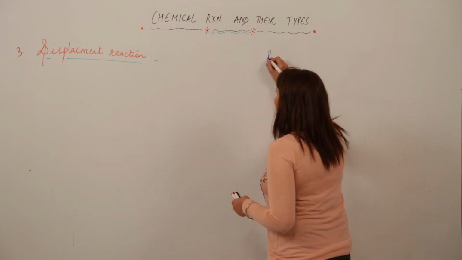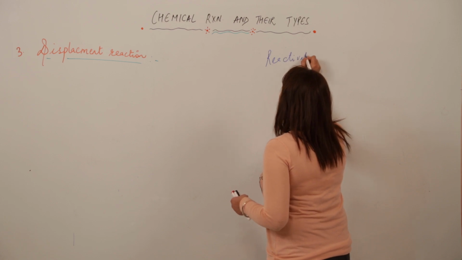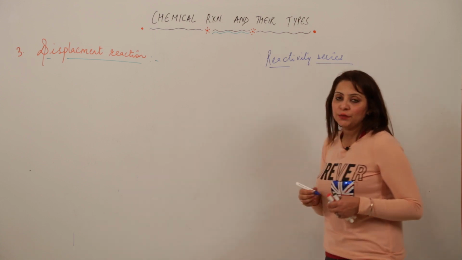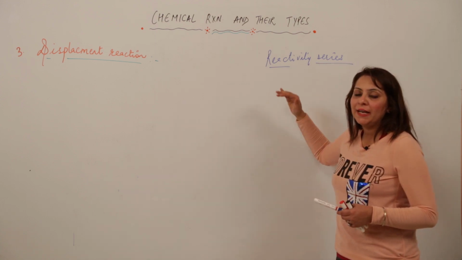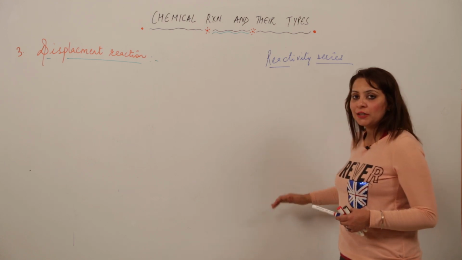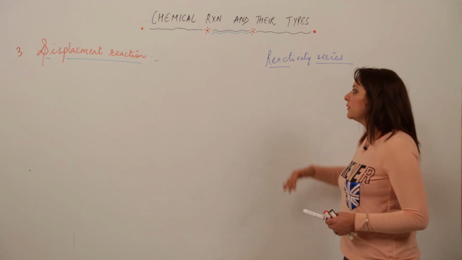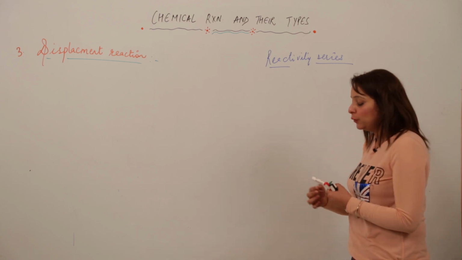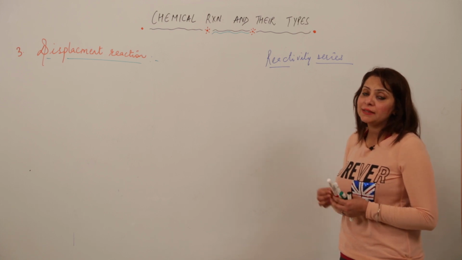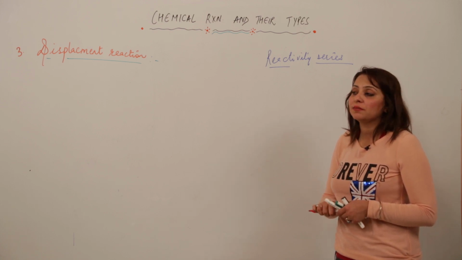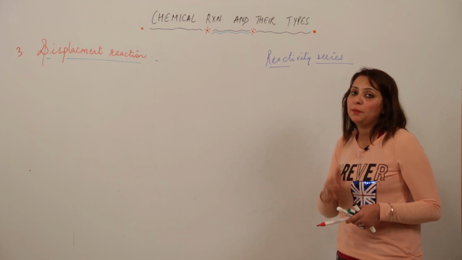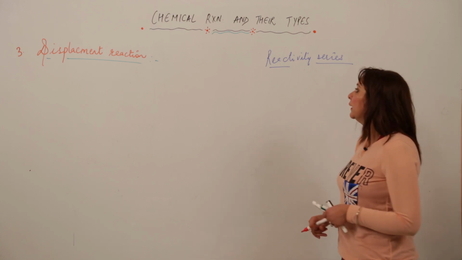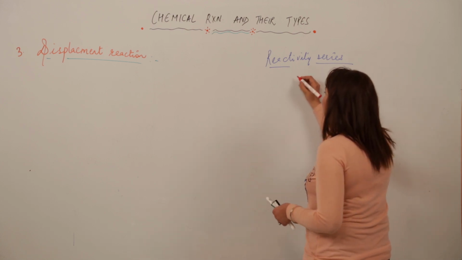reactivity series is. Reactivity series is just the arrangement of elements according to their reactivities. It is just the arrangement of elements in the decreasing order of reactivities, that means more reactive at top and less reactive at bottom. So I am just writing the reactivity series for you, and you need to remember this series because you won't be provided with this series in the chapter. You have to remember it so that on the basis of it you will be able to do the displacement reactions, right. So reactivity series of metals is